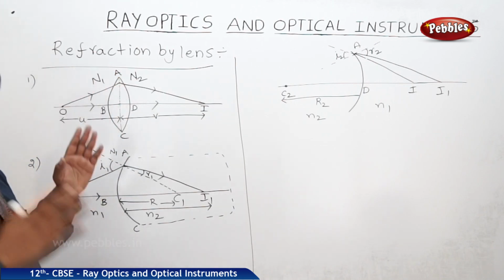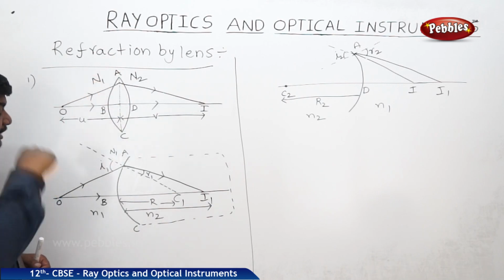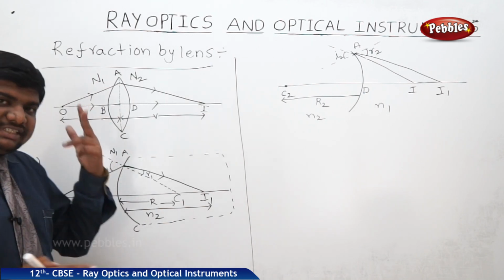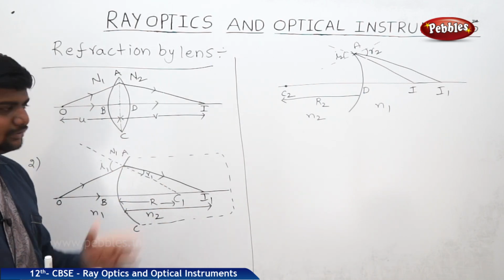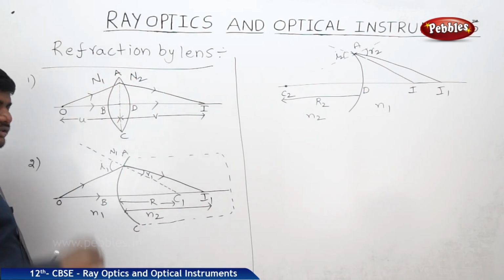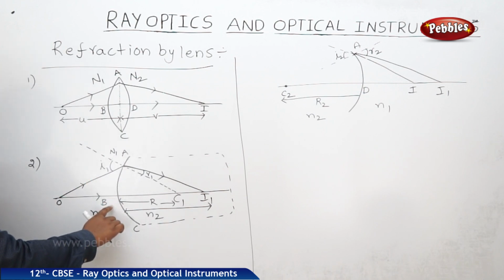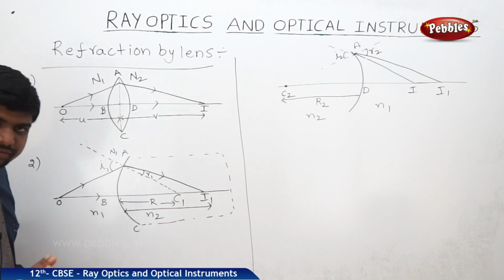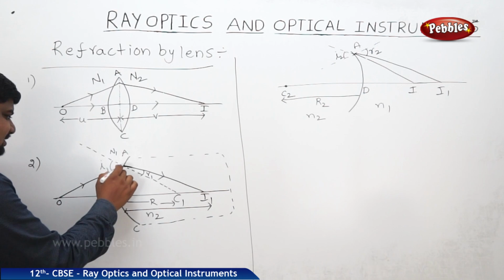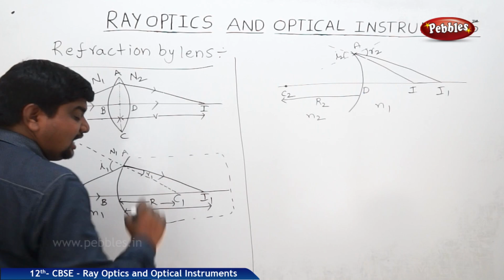But if you see the clear picture of how this image will form, see the first curve, means we are dividing the lens into two curved surfaces. Two curved surfaces' equations will come, we should add them, and we will get the desired equation. So take the first portion, this curved surface, the front one. O is the position of the object. Let us take a point B which is close to the curve. This B is similar to the pole of the curve. Then the angle of incidence is I1, and because of the refraction it creates the image I1.